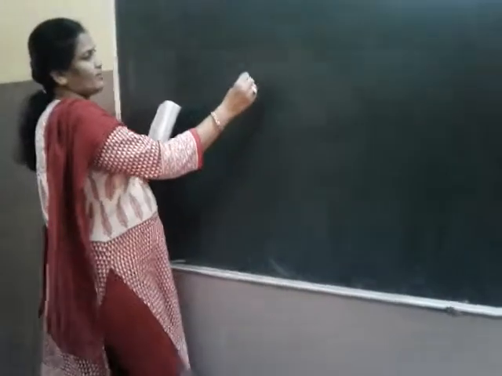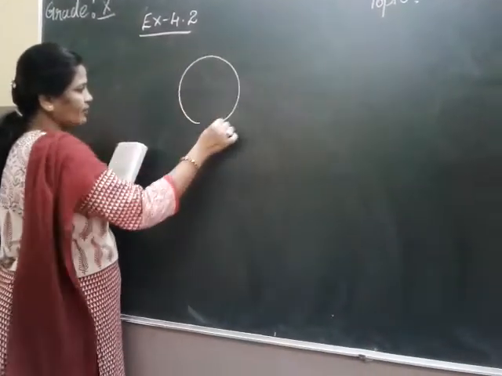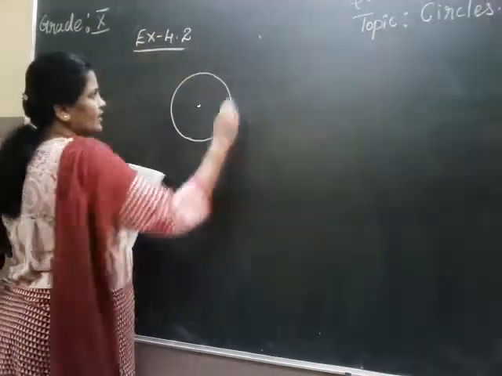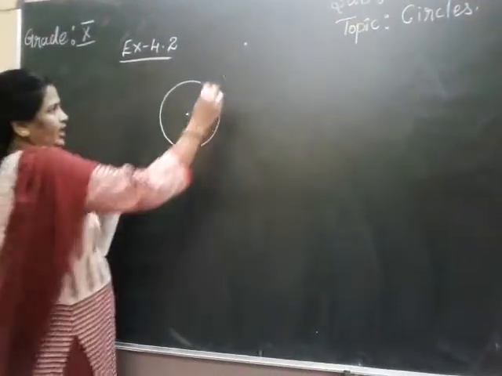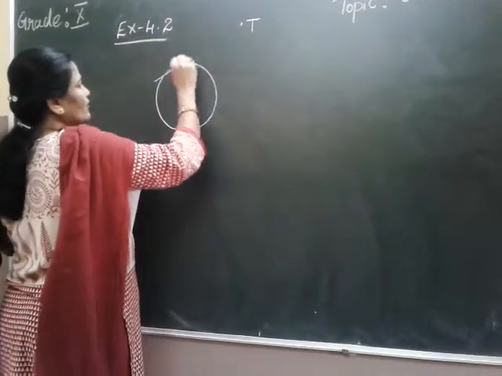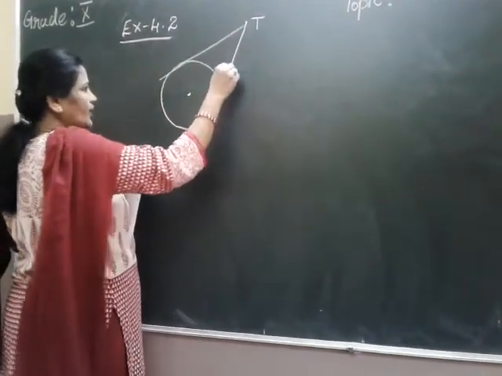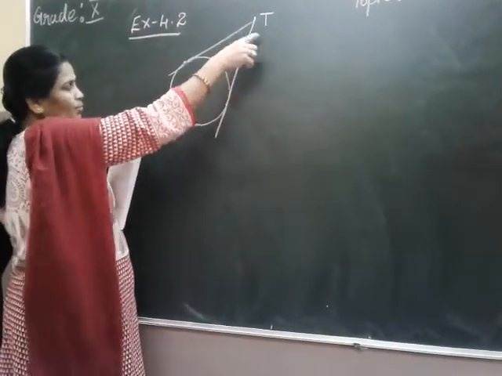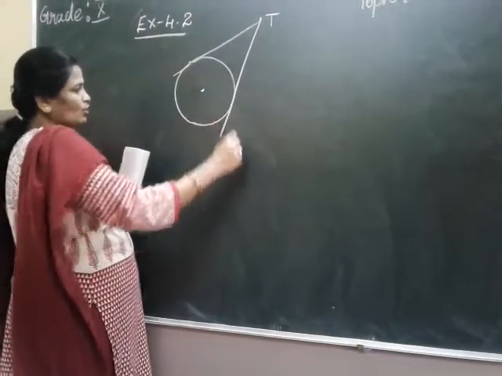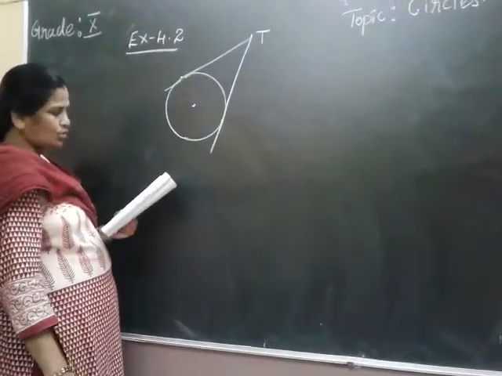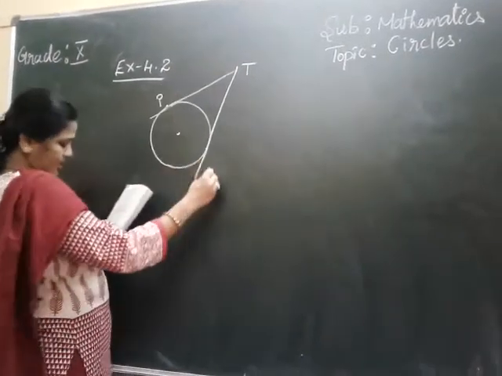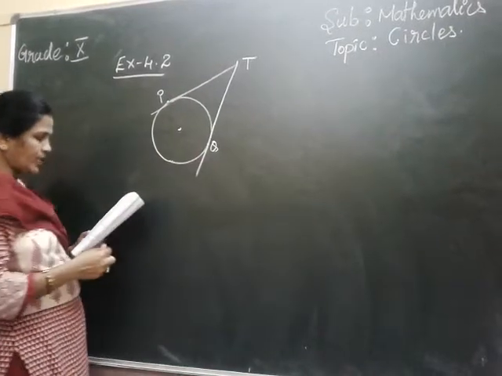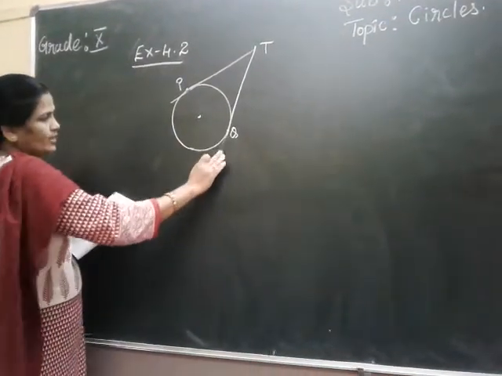So this is the figure they have given, children. Please understand the figure. In that, PT, so this is the point, the external point T. They have given the two tangents. Already you know that. What do you mean by tangent? A tangent means the line drawn from an external point to a circle. It will touch the circle in one point. So now PT, and the next one is QT. These are the two tangents they have given, children.